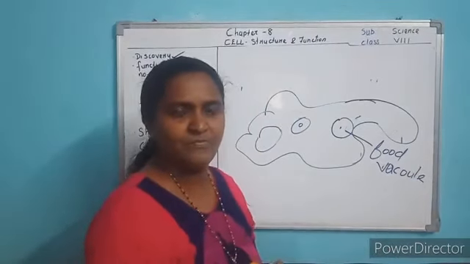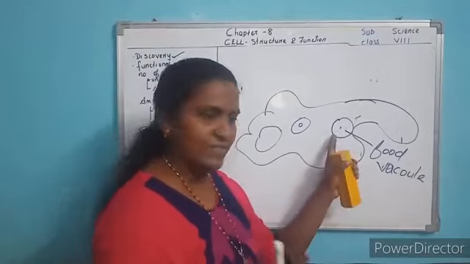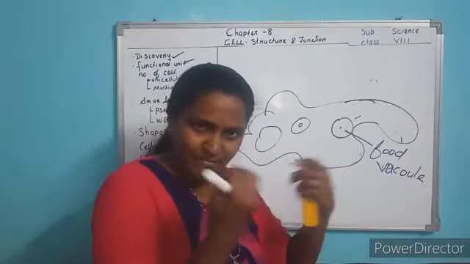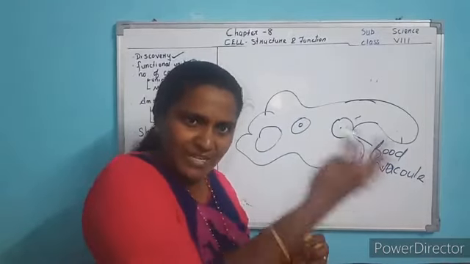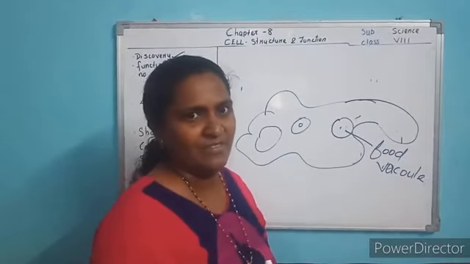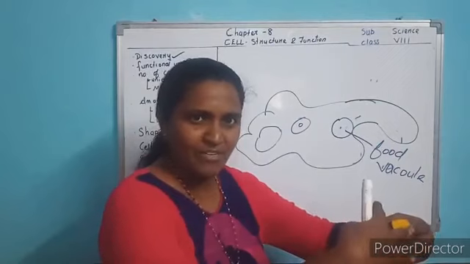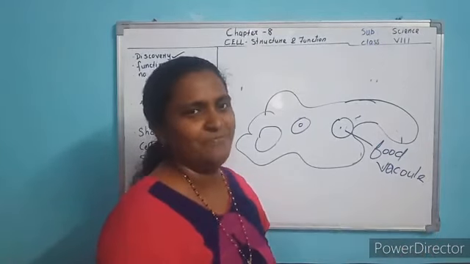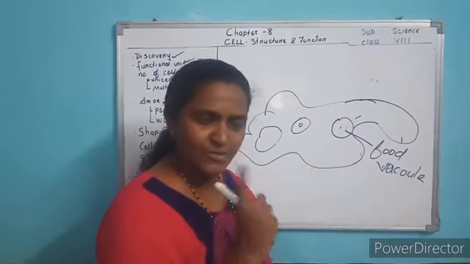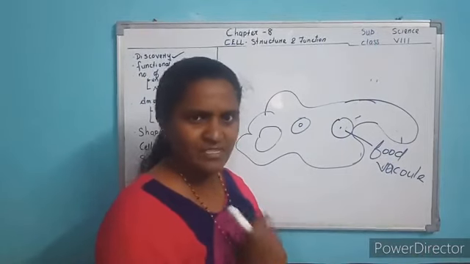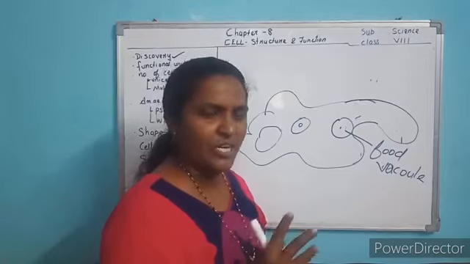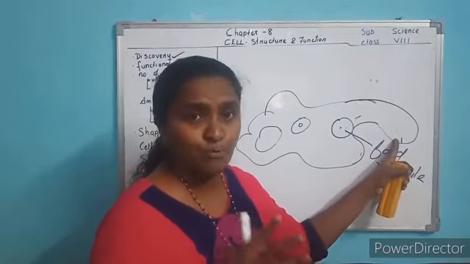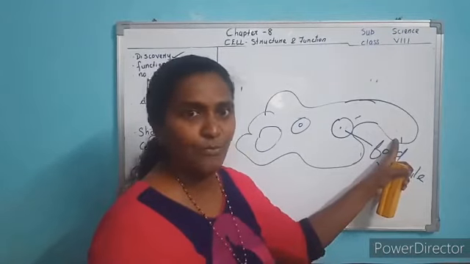It forms a food vacuole. Here it engulfs the food and brings it inside. It engulfs the food by surrounding it with the help of a projected part, that is a finger-like projection. So can you say that its shape is fixed? No. Shape varies. This projected part is called pseudopodia.